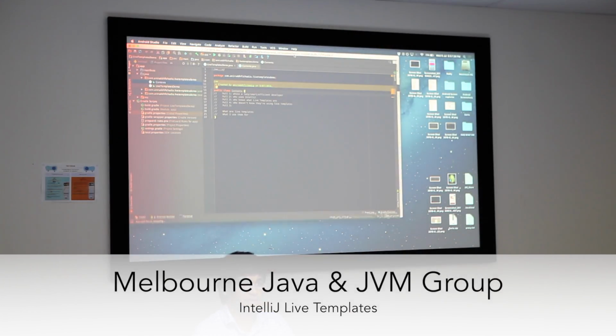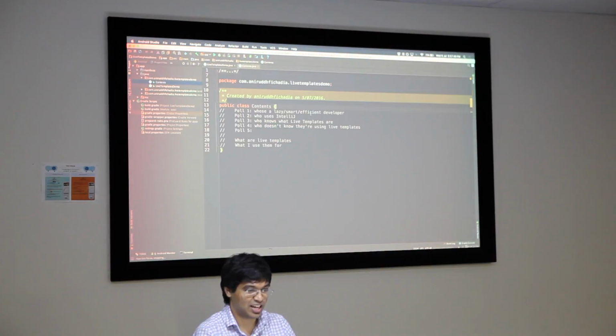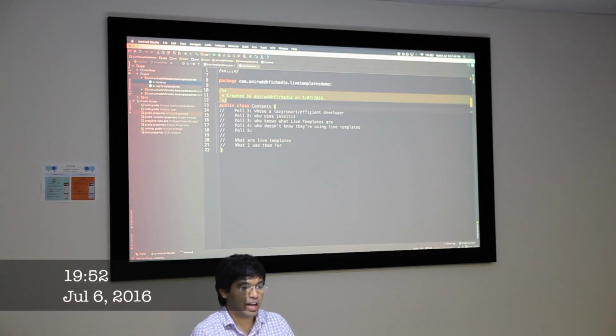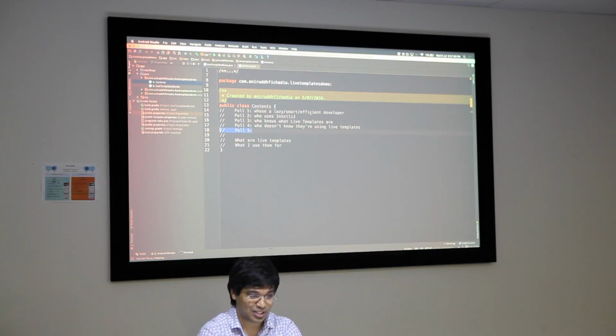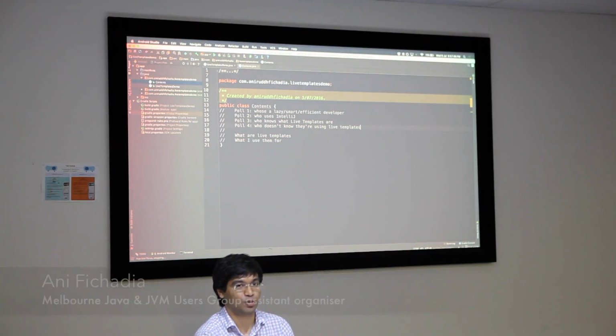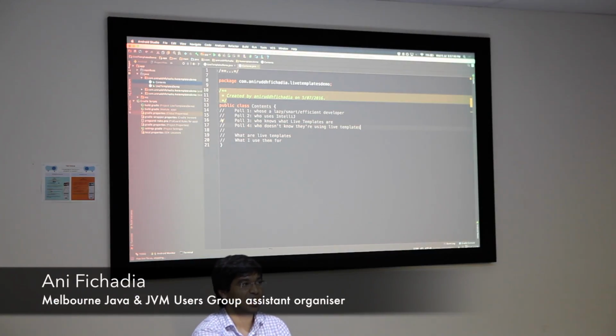So tonight I'll actually be talking about live templates in IntelliJ. I have prepared for this. I spent about half an hour last night preparing some demo slides. Well, not really slides, but a sort of code example, and I'm going to try and make this as interactive